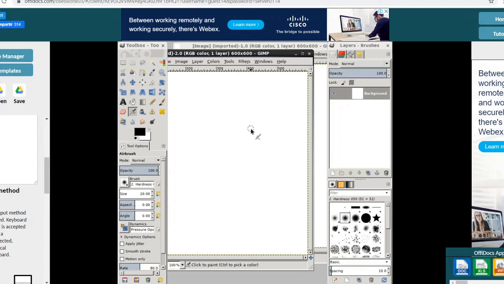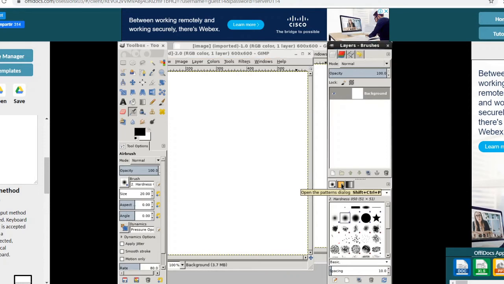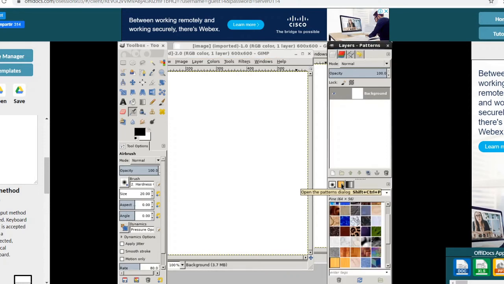Now if you want to create your drawing, see how you can create it. Look at the right hand side, these are different patterns shown here. You can select any pattern from it and you can apply any pattern in the image window.